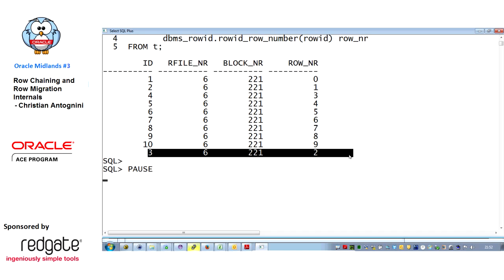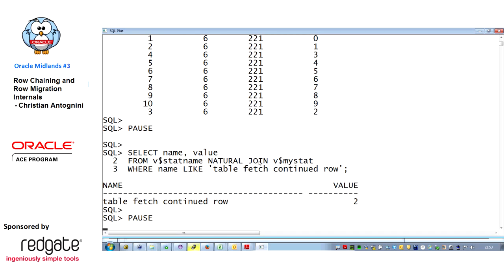You can see here another position when you select it. And this is because it was moved inside the block. Okay. And of course the order of the data also changes. But by doing so, what I can check, and as I've seen before, with table fetch continued row, I can